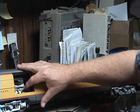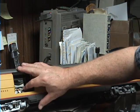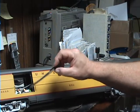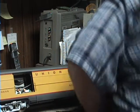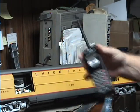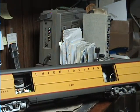And here I'll show you as I turn on the power, you'll see the power light come on right there, and it's turned nice, pretty bright green. So our installation is complete, other than, let's see, with my T9000 throttle, if it still works like it should. So we flip it on,